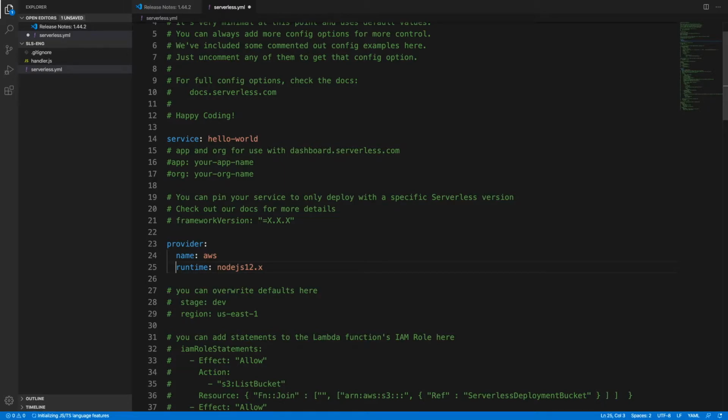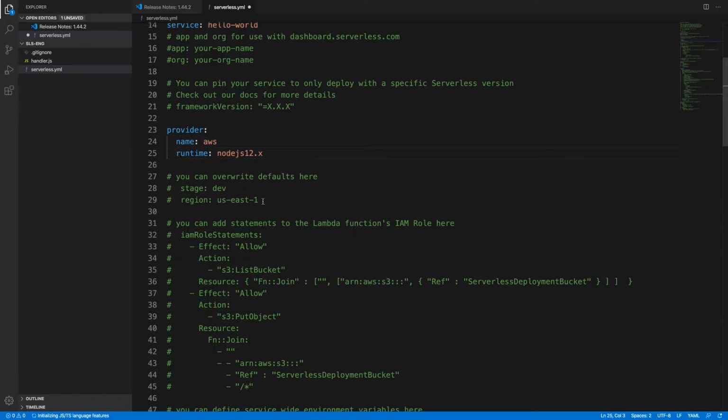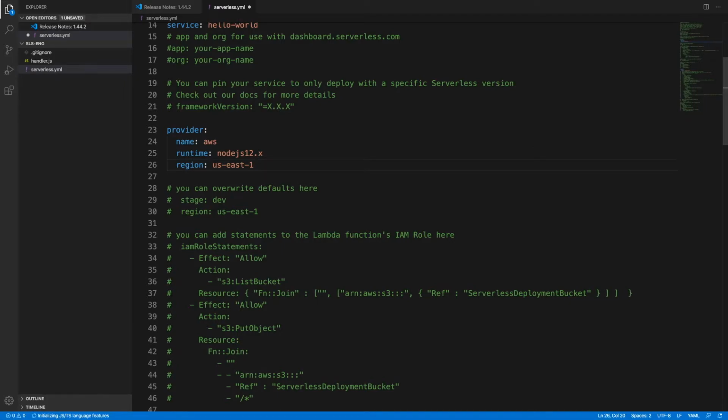In the next video I'm going to teach you how exactly we can write in the YAML file, so you'll get familiar with it. It is similar to JSON, but you'll get the whole idea in the next video. So we are just going to leave it here and then get down. As you can see, there are stages, then region. I'm going to mention the region, meaning the region you are working in on AWS.